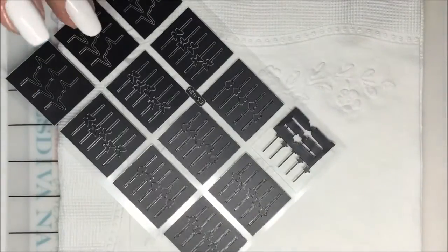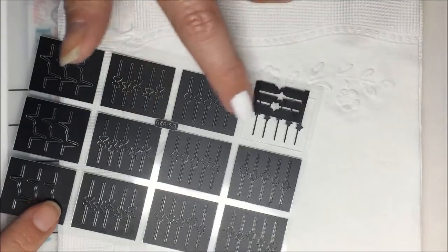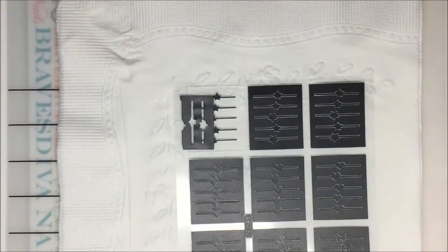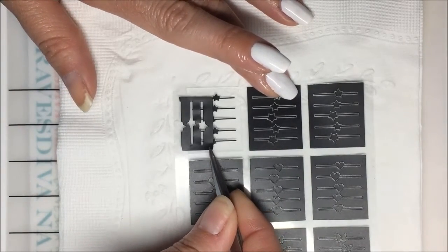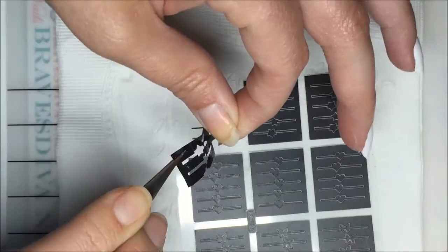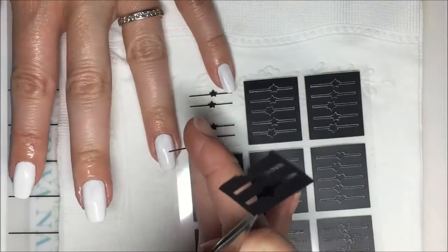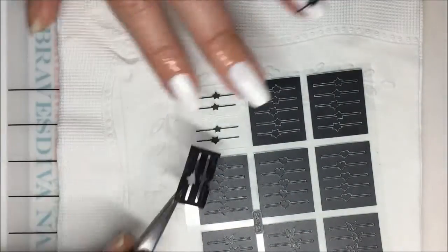So what I've done here, I've chosen 3 different designs that I want to use, and I've put a little white napkin underneath or behind them, so hopefully you guys can see the design. This is the one, like I said, I cut in half the other night, so maybe it's kind of hard to see right now. But I just had a revelation that I forgot to mention earlier. If you took the larger stencil off, as I have done, because I cut it in half and just stuck it back into its place, you could take what's left over, this little star, and put him, watch me just do it right now, whoops, he was backwards,